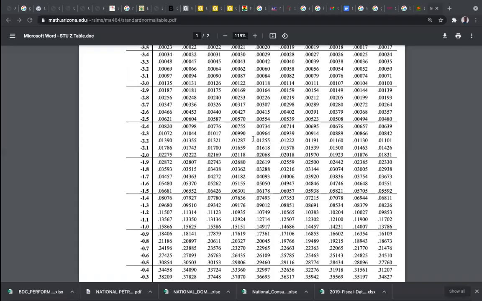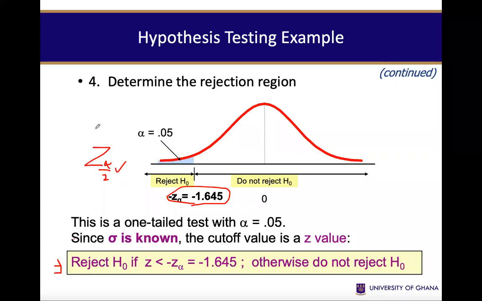So those are the differences. If the test was a T distribution, I can call this T alpha, or maybe T alpha over 2,